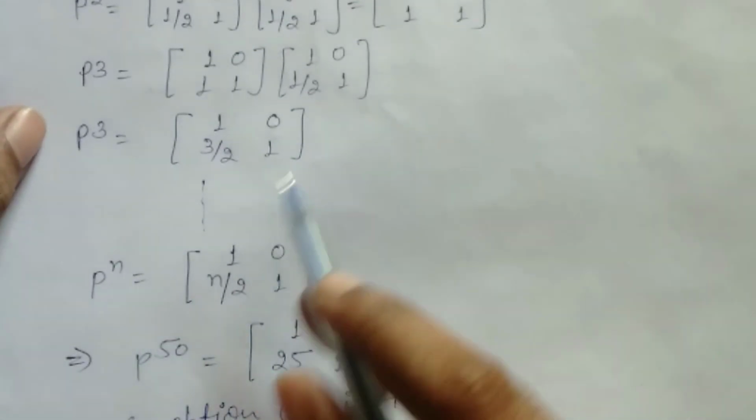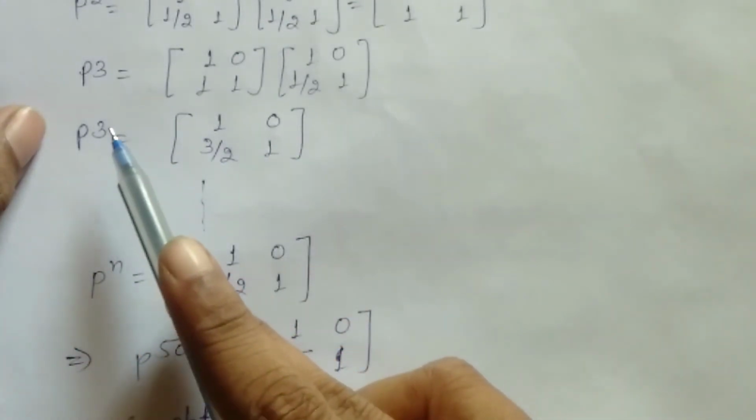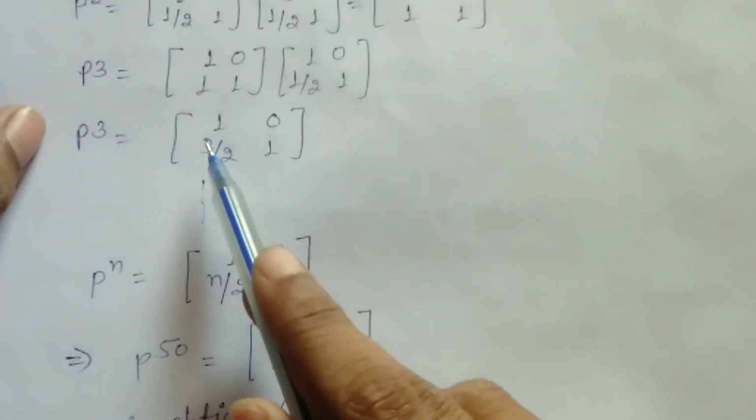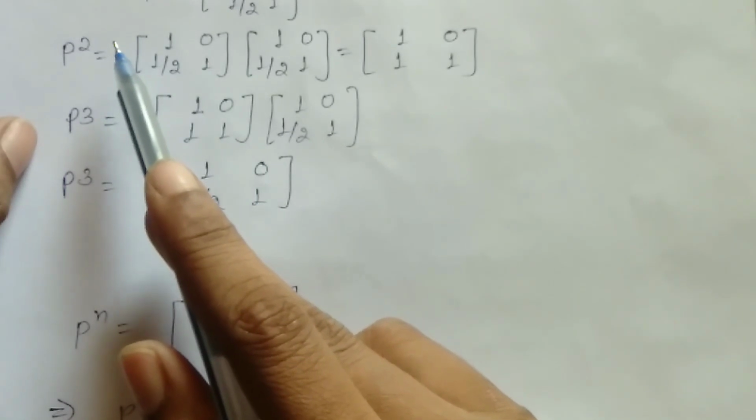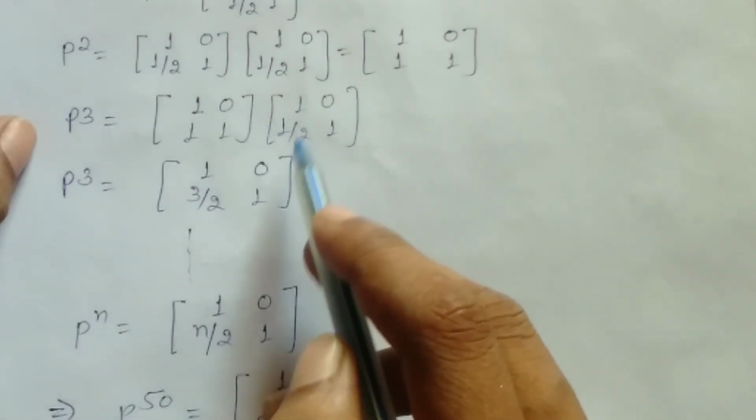After all, the power is 3 and here is 3 upon 2; for P raised to power 2, here 2 by 2 value is